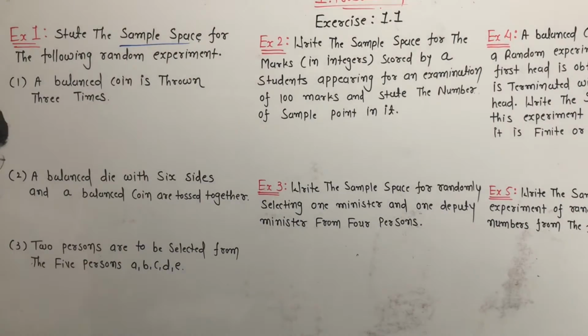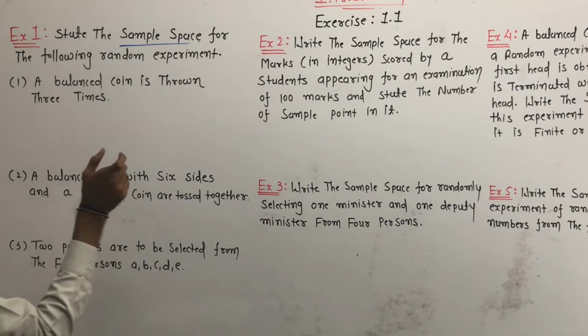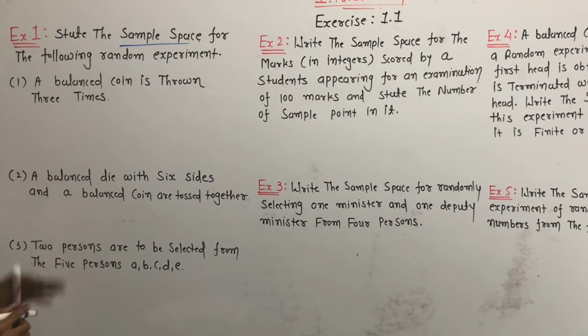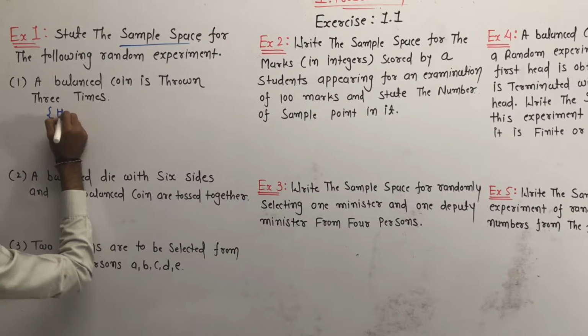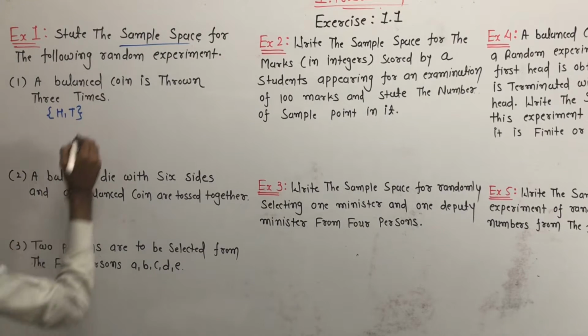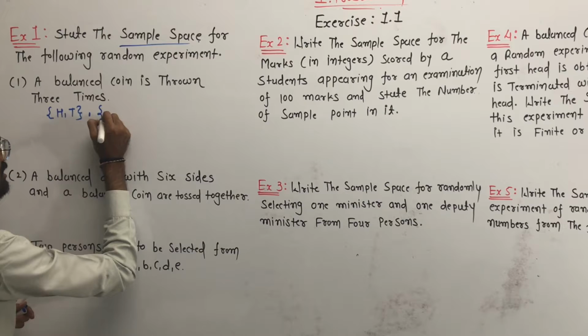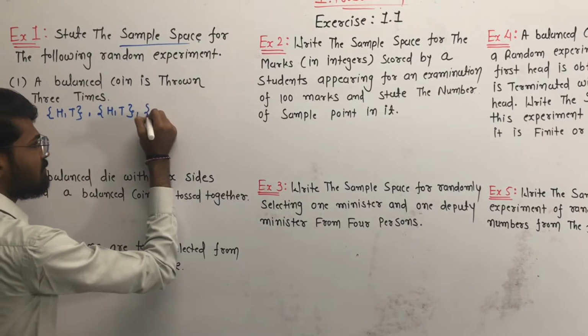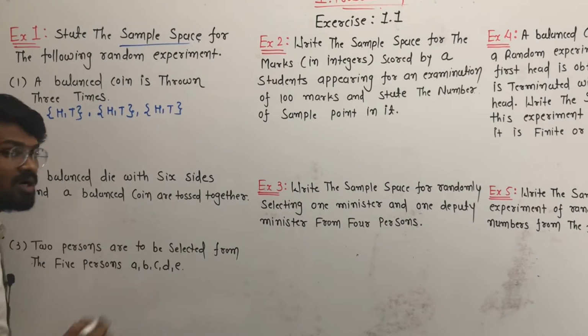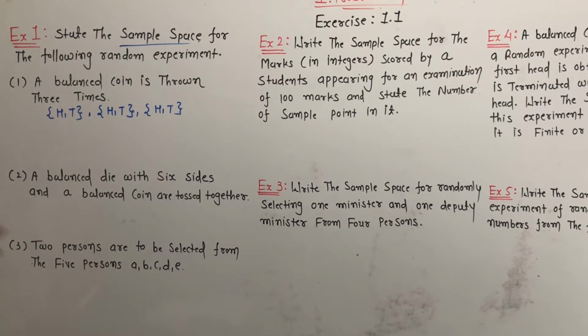We have to state the sample space for these three events. For the following random experiment, a balanced coin is thrown 3 times. If we throw a balanced coin 1 time, the sample space is H and T, which is 2. If we throw a second balanced coin, the sample space is also H and T, and the same for the third. But in this event we throw 3 balanced coins simultaneously, and now we have to write the sample